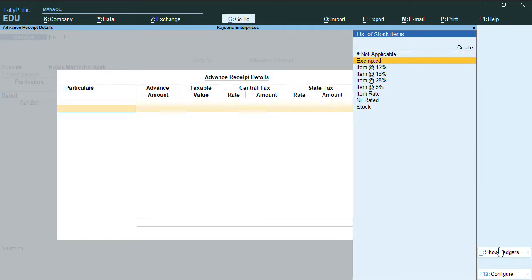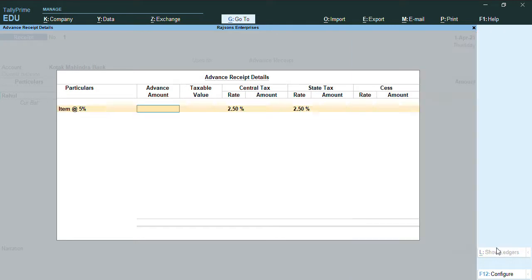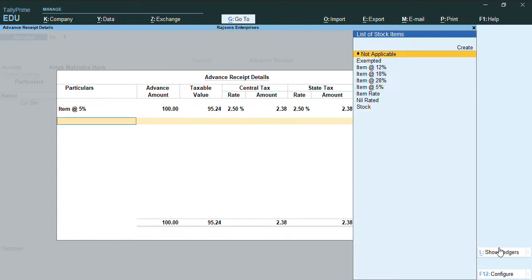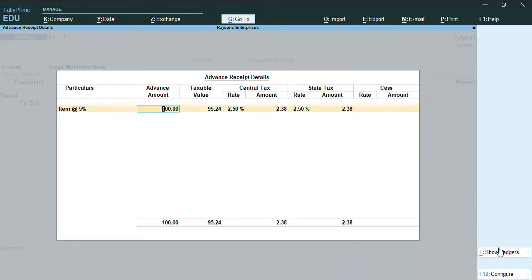I want to define the tax of the item at 5%, and the advance I am giving, assume it's worth 100 rupees. As you can see here, the tax rate for CGST is 2.5 and the tax rate for SGST is 2.5.